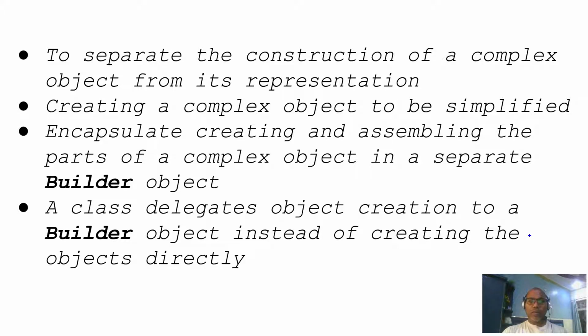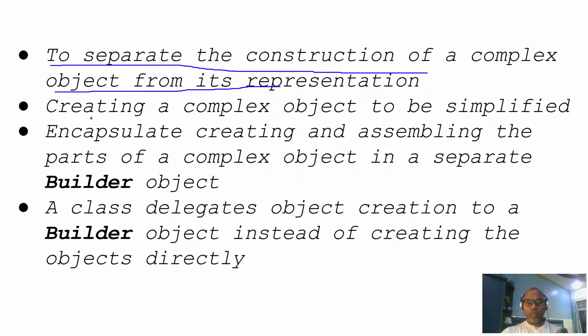So this pattern is used, first of all, to create objects, to separate the construction of a complex object from its representation. Some objects are very simple. You can say your object equals new and the class name. But some objects have some complexity, like a list of multiple field attributes, and that is not the simplest way to pass them. For those complex objects, the creation needs some business logic.